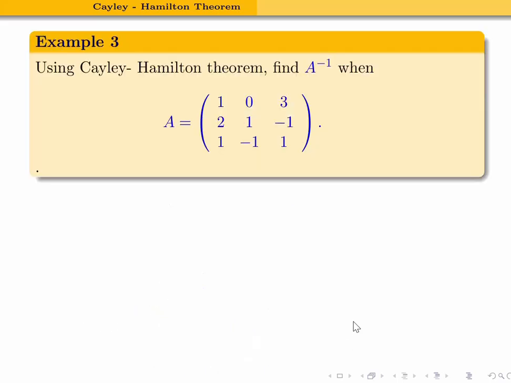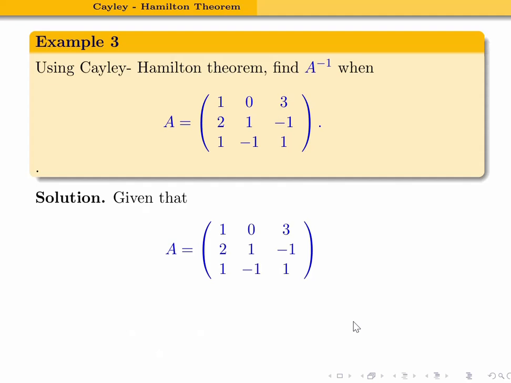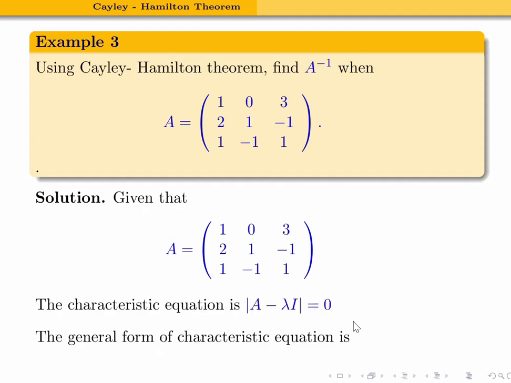Next, using the Cayley-Hamilton theorem, find A inverse. Suppose if it is verified, it means we want to prove it. Here they said that you can use only Cayley-Hamilton, we can utilize it, no need to verify. So given the A matrix, the characteristic equation is this. The general form of the characteristic equation is lambda cube minus S1 into lambda square plus S2 into lambda minus S3